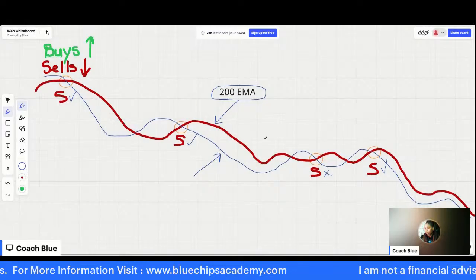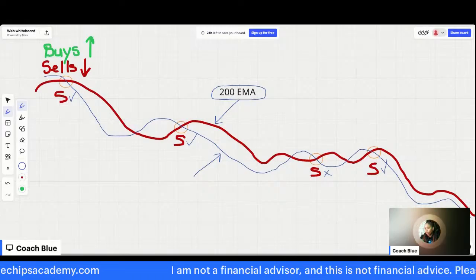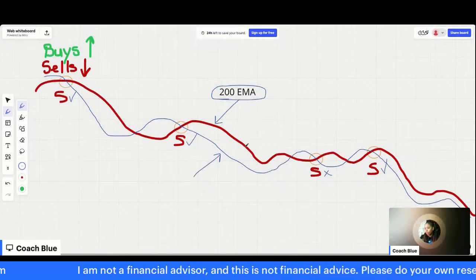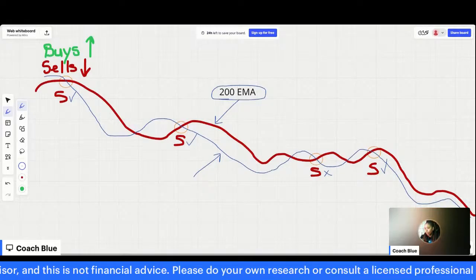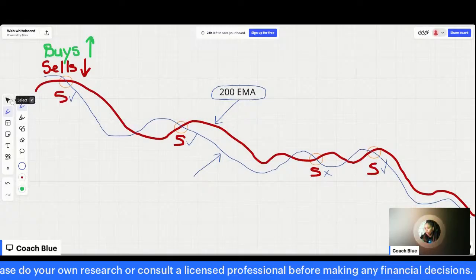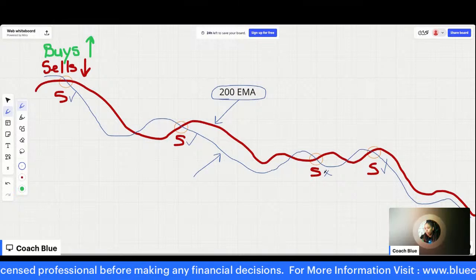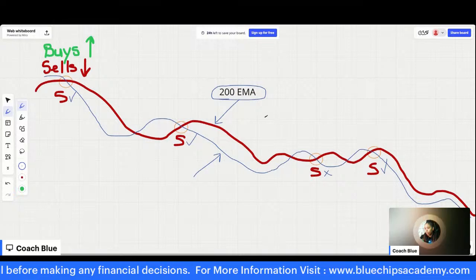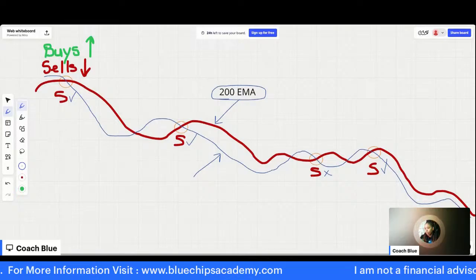But when that breakout happens, we look for a specific pattern to tell us, is the market trying to move up or down, or is it trying to reverse? Okay, so let's get into what that looks like. I'm going to break that down. I'm going to show this illustration on the chart because I don't want you all to lose sight of this, and then I'll get into the BPC.